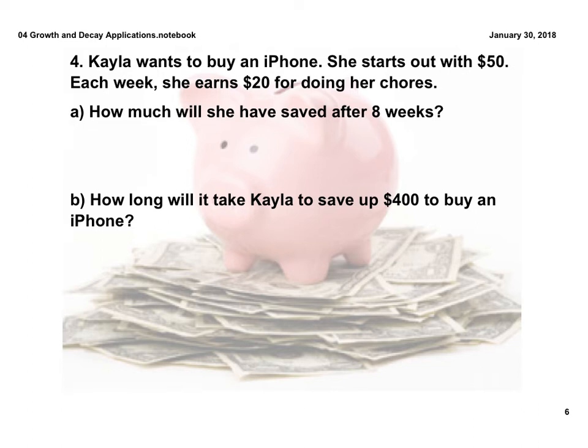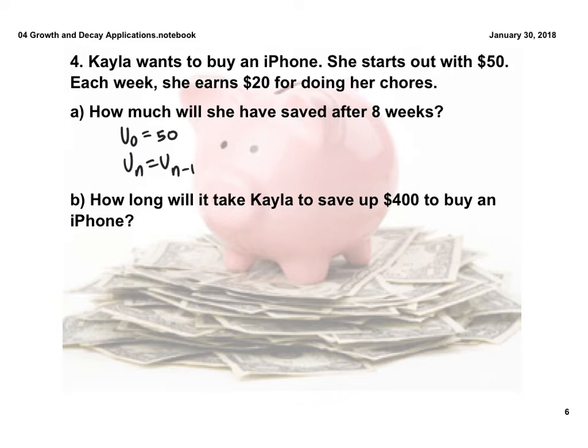Okay, in our next problem, we want to buy an iPhone. So Kayla starts out with $50. Each week she earns $20 for doing her chores. How much will she have saved after 8 weeks? So I think it makes sense to use u sub 0, which means that she starts off without any time going by. No weeks have passed. We have $50. Then we have u sub n equal to u sub n minus 1